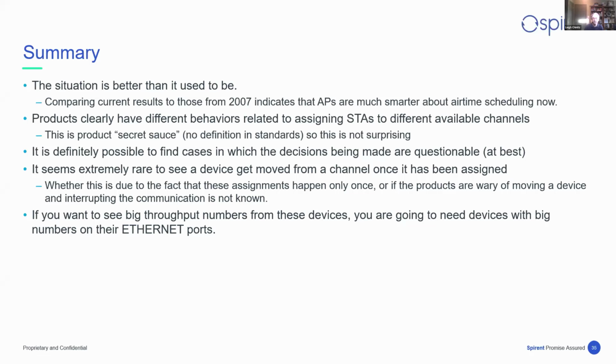We do see, as we saw today, some cases where the decisions that are made might be questionable. You might wonder why, for example, if you've got 3 perfectly good radios, you end up with a situation where you've got 4 stations all using only a single radio. And one of the things we did notice is that we haven't seen many cases where devices get moved from one channel to another. There could be reasons for that. One is that our tests have been mostly, as you saw today, fairly short. That may be a function of time. Maybe an AP, given enough time, might decide that it's a good idea.